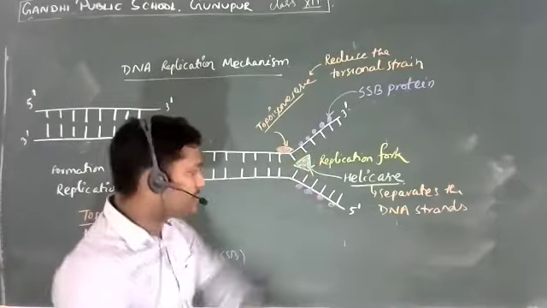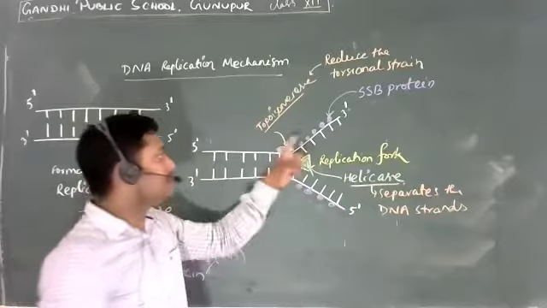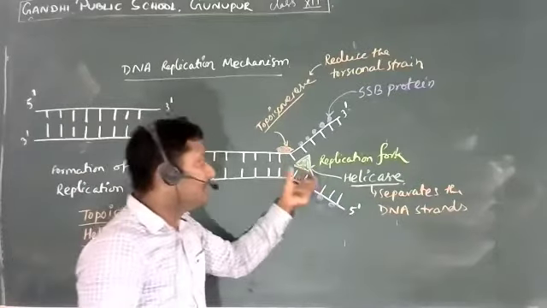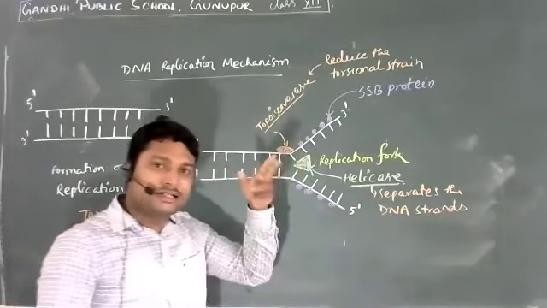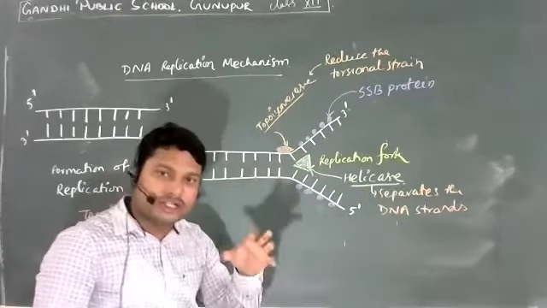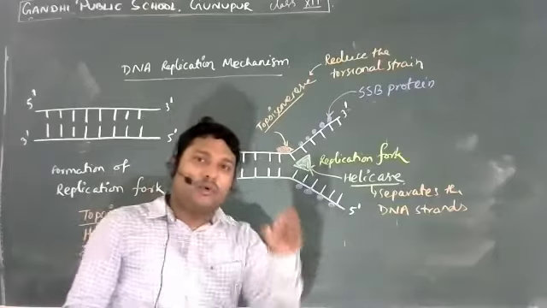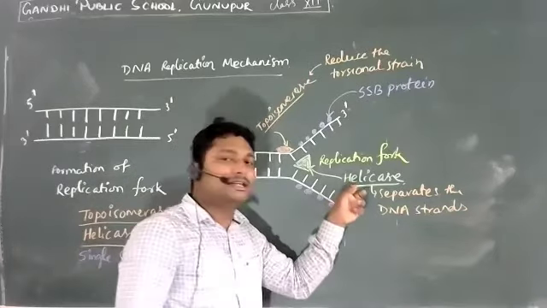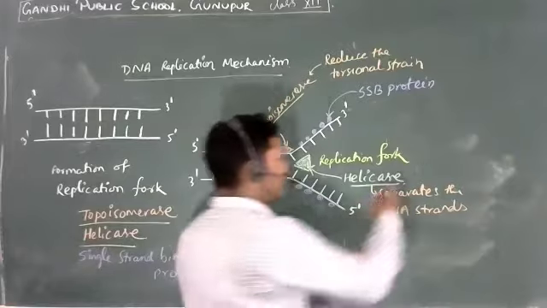So what we're trying to understand is how the DNA opens up and what are the enzymes that are associated with it. I'll just quickly summarize. We have three different components here. One is helicase. Helicase cuts the DNA molecules and separates them out. We can say helicase helps in the unwinding of DNA. That you can also write.